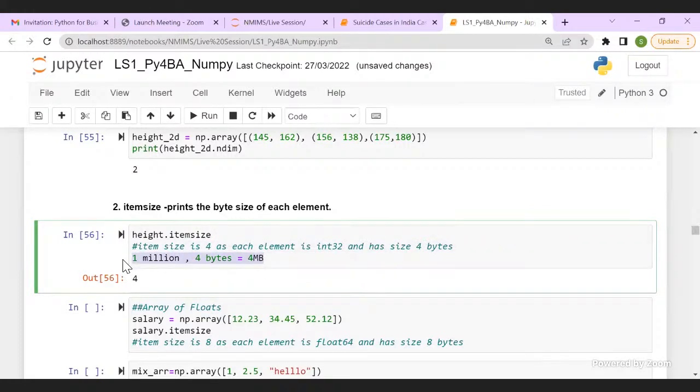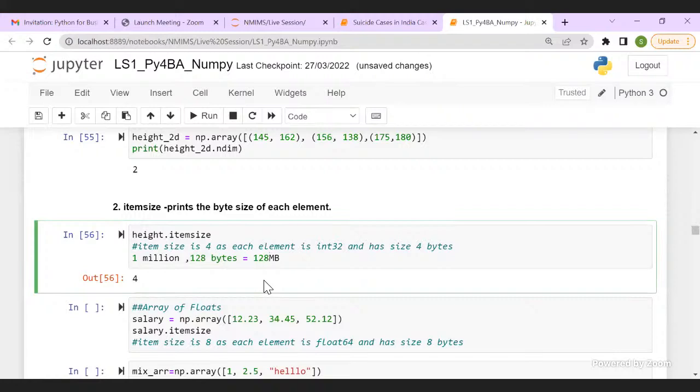Now, if you change it to float, instead of int, your float will have 8 bytes, so you will have 8 MB of data. And in case you have a string and your string is taking 128 bytes, your 1 million data points will explode to 128 MB. Just by changing your data type, your array is exploding in memory from 4 MB to 8 MB to 128 MB.